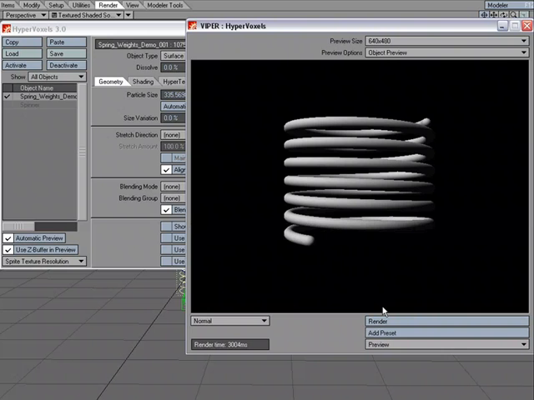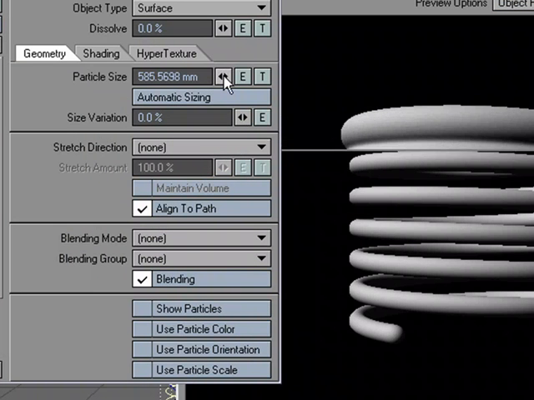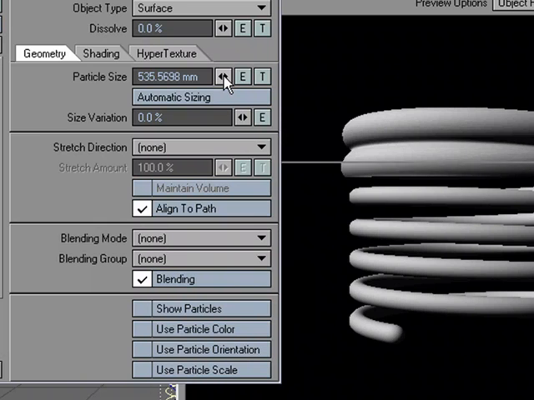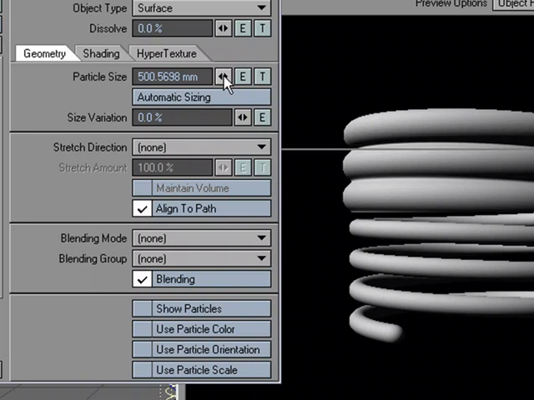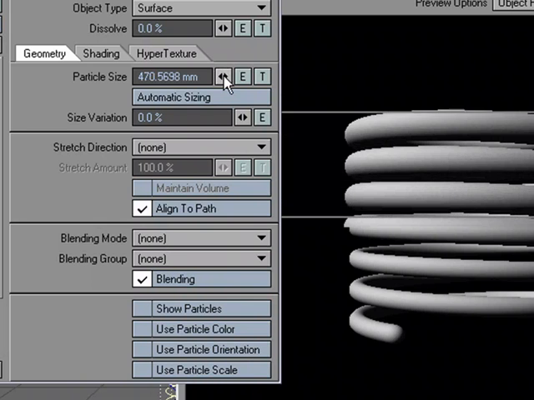We got our spring. Now I know it's voxels, but it holds up as an actual object when you set it up as surface. It looks just like if we were to create this in Modeler. I'm going to change the particle size. I'm just going to use the mini slider. That's a little too much. I'm going to get it just so that it feels like there's a little bit of breathing room between the coils. And this is one nice thing about Viper, is that I can do this and see my changes in real time. Just a few tweaks here and there. I promise I won't tweak this too much, but